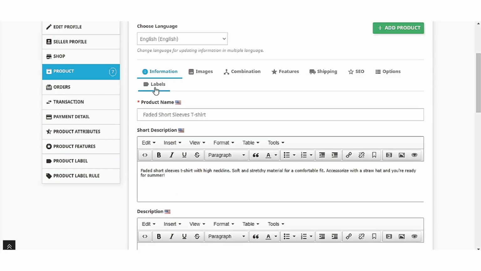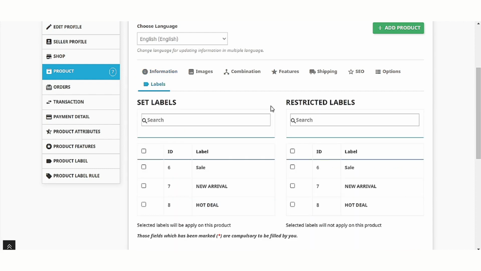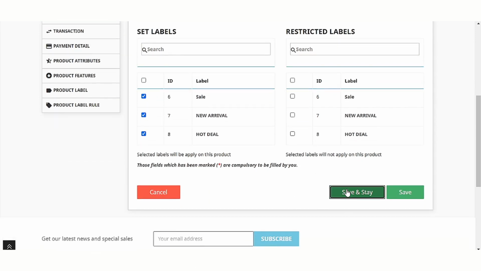Post installation, a new tab, Labels, is added to the Update Product page. Under this tab, a seller can assign labels to the product. From here, a seller can select the labels that he wants to apply on the product, and from here, a seller can restrict labels for the product.